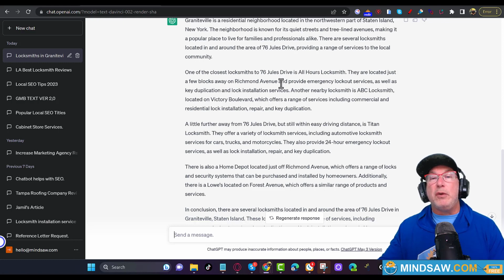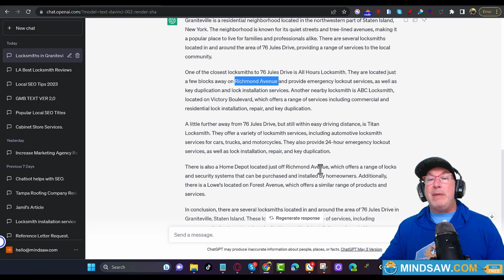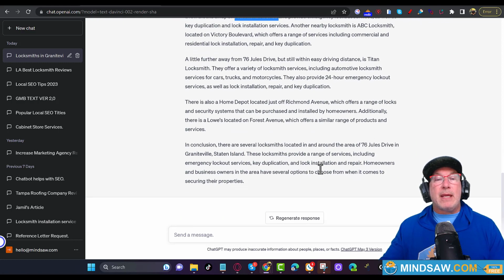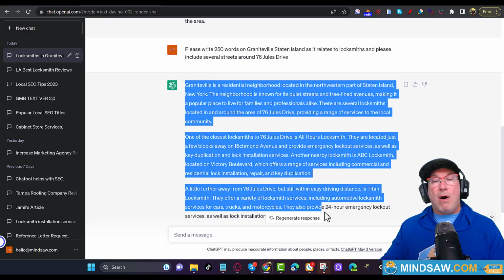They're located just a few blocks away from Richmond Avenue. So what this is doing is it's naming all the locksmiths and it's naming all the major streets. In fact, as we go down a little bit further, it also says that there's a Home Depot located off Richmond Avenue. So this is a fantastic article because it